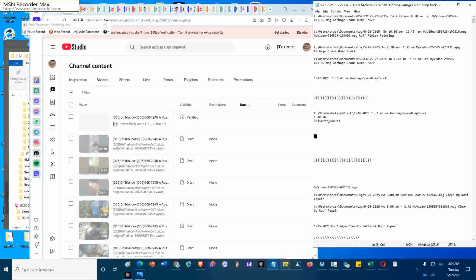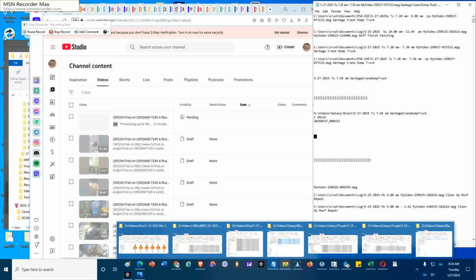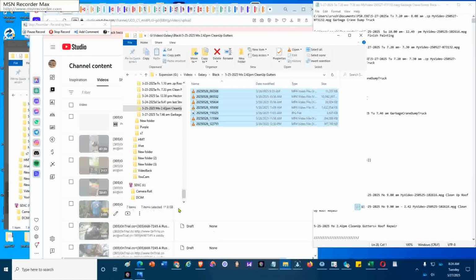Now I'm going to select another browser to display the drive. This drive I, the SD card, and it's specifically SDXC, which is a faster SD card to handle